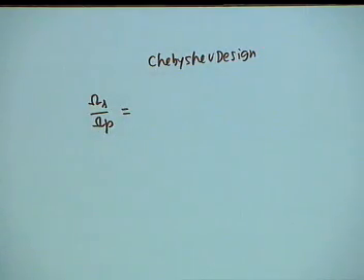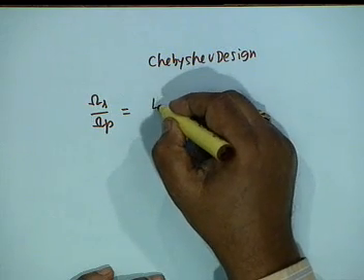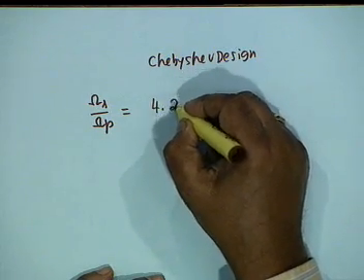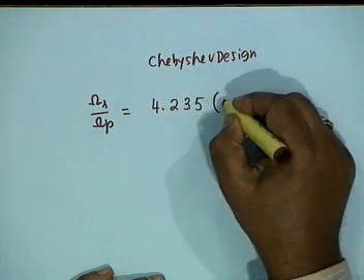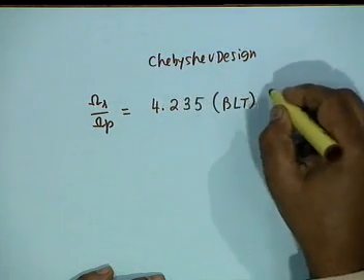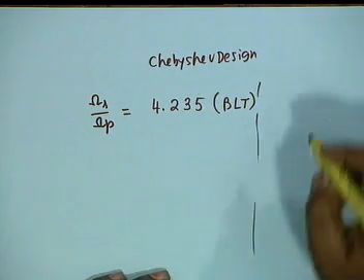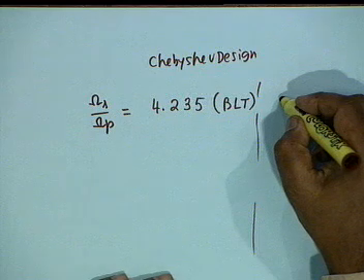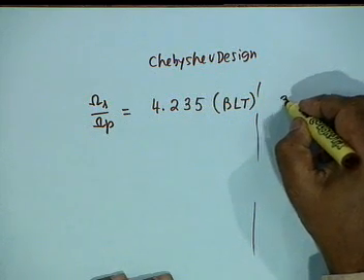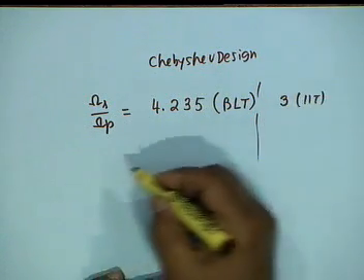It's the same as for the Butterworth design. For bilinear transformation (BLT) it is 4.235, and for impulse invariant transformation (IIT) the ratio is 3, and therefore